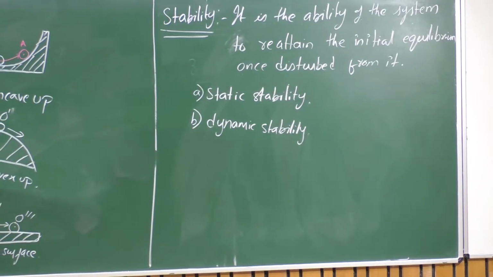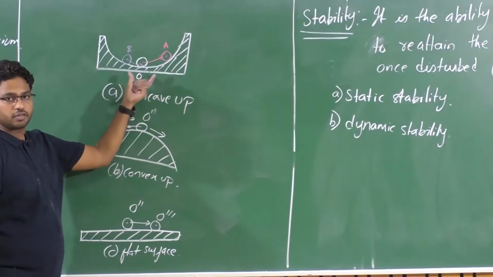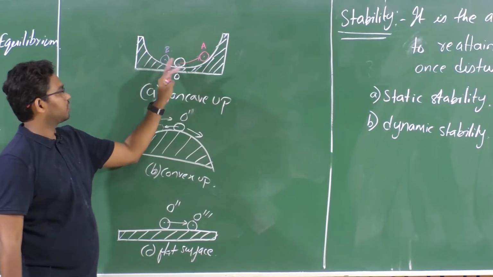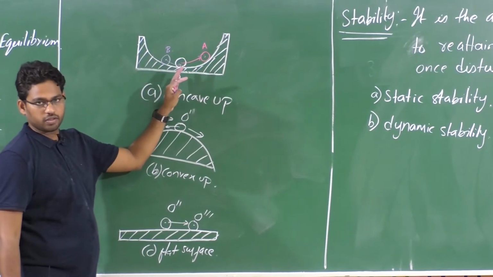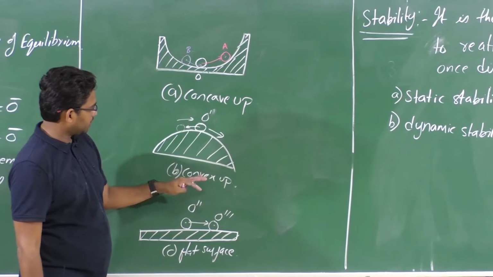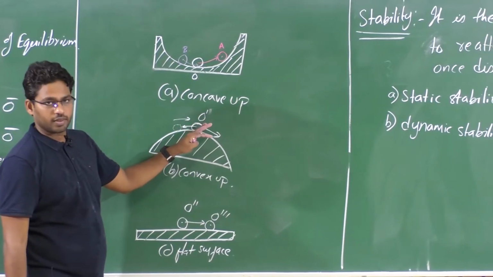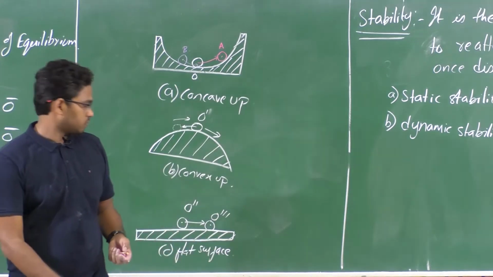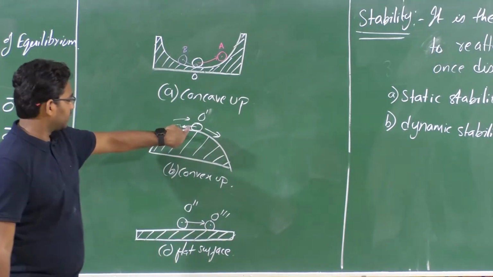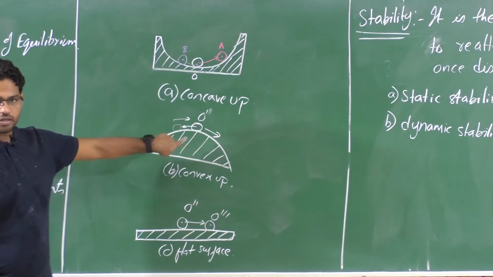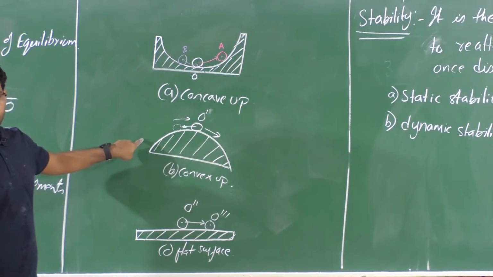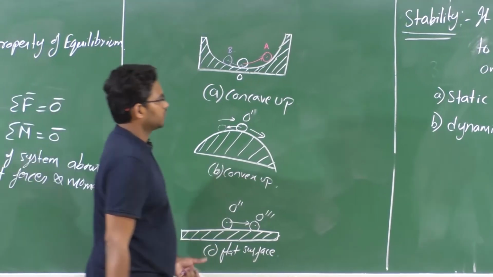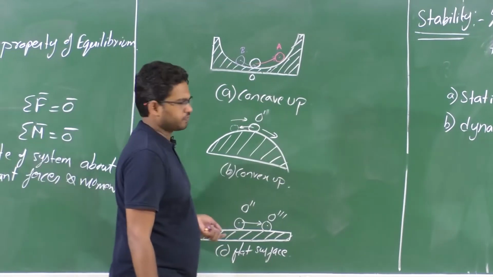So in the first case, the system is stable here, right? That's why we said stable equilibrium. The ball tries to oscillate about this O and finally reaches O here. In the other case, we call it unstable equilibrium. And the third one is neutrally stable equilibrium, where in the second case, it's not able to get back to that initial equilibrium state. So it is not stable. The system is not stable here, right? Here the system is neutrally stable.